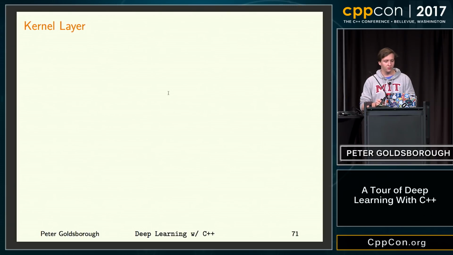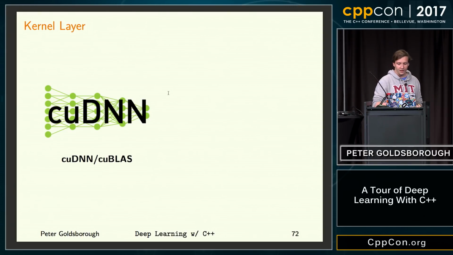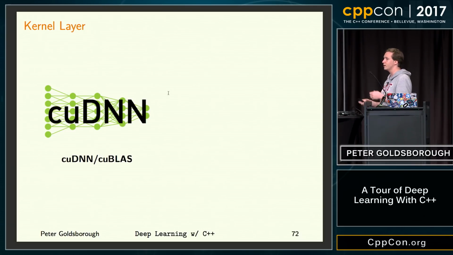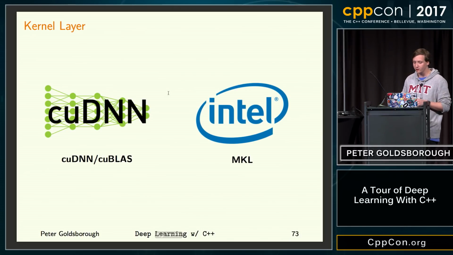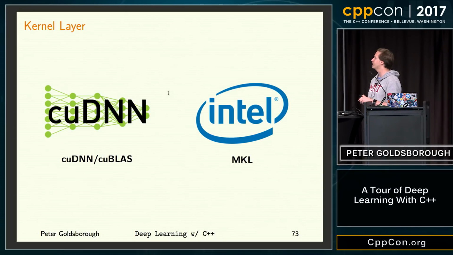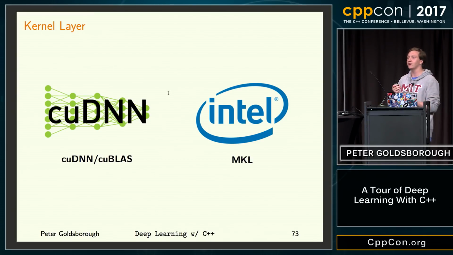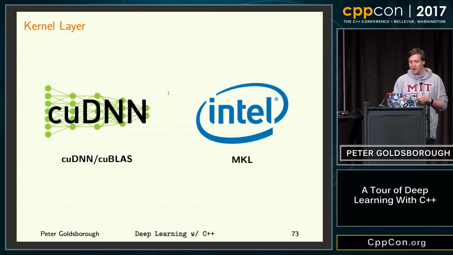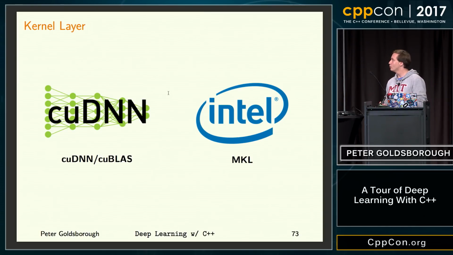All right, now I'm going to show code in a bit. First of all, on the kernel layer, there are 2 very important libraries that lots of frameworks like TensorFlow or Caffe use to implement their operations. Those are cuDNN and Intel MKL. cuDNN is from NVIDIA, and it's a very low-level primitive library for things like convolutions, activation functions, or other kinds of neural network layers. And in the case of cuBLAS, for things like matrix multiplications. On the other side, you have Intel MKL, which is quite general.